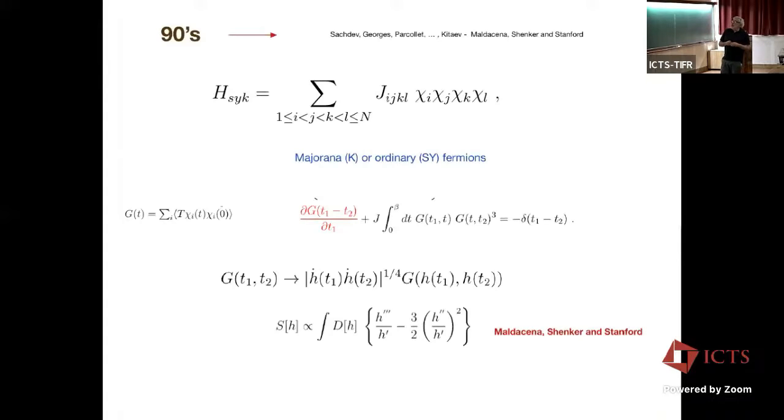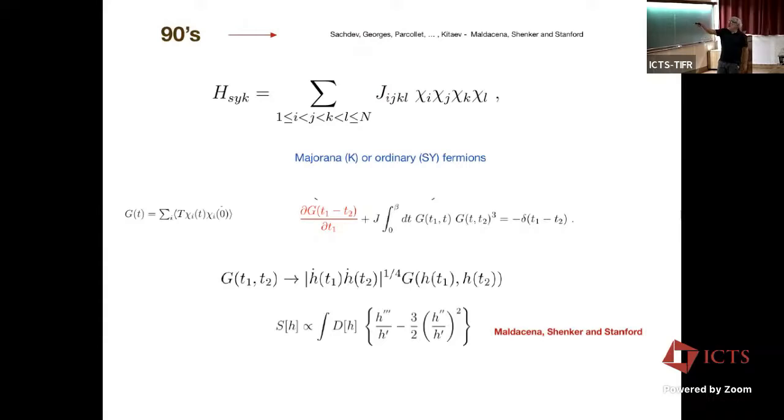Turns out that this is a property of glasses, so it goes beyond the models in which it was discovered. Okay, story number 2. This is a different story. In the 90s,